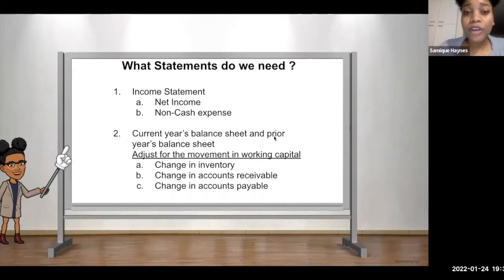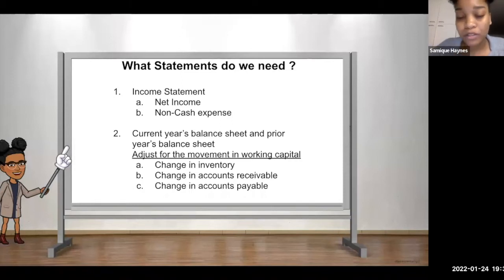So we're going to need these two figures, and you'll learn why we need the non-cash expense figure in order to produce our cash flow statement if they have non-cash expenses. Then the next thing that you'll need in order to produce a cash flow statement is the current year's balance sheet and the prior year's balance sheet. The reason you're going to need that is because you're going to have to adjust for the movement